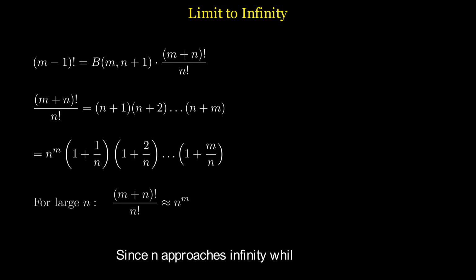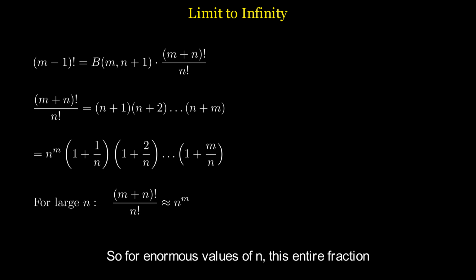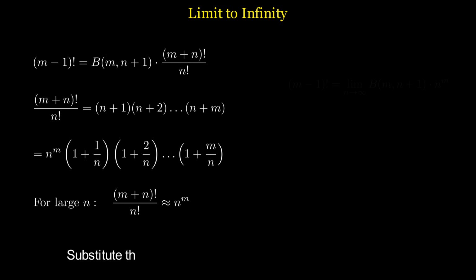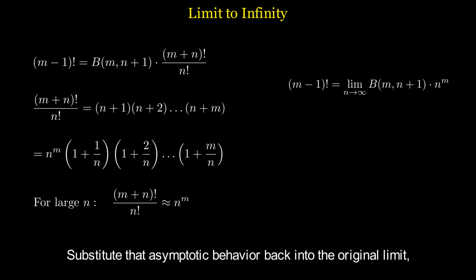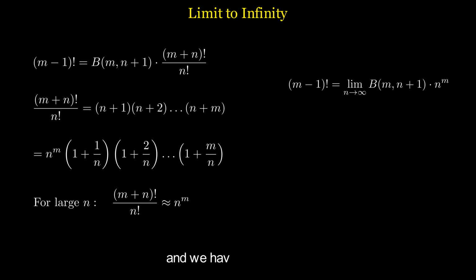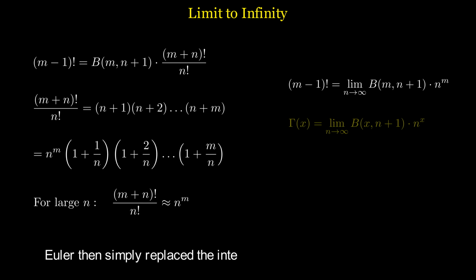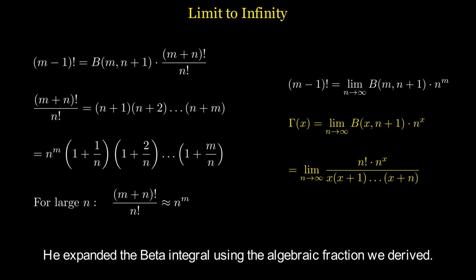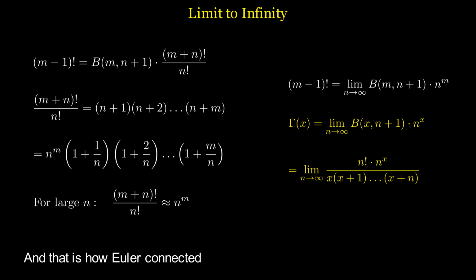Since n approaches infinity while m is fixed, those terms over n vanish to 0. So, for enormous values of n, this entire fraction behaves asymptotically like just n to the m. Substitute that asymptotic behavior back into the original limit, and we have our factorial. Euler then simply replaced the integer m with a continuous variable x. He expanded the beta integral using the algebraic fraction we derived. And that is how Euler connected the discrete factorial to a